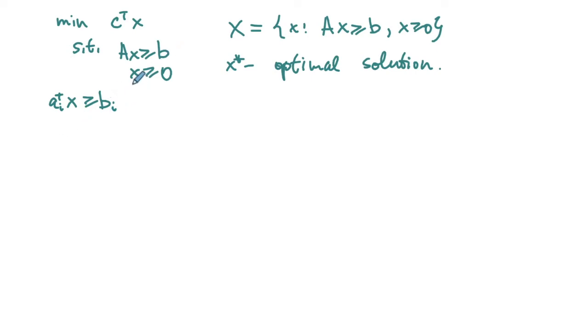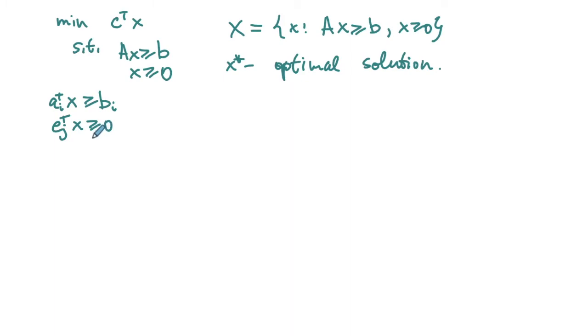And then an inequality corresponding to non-negativity can be described as e_j transposed x is greater than or equal to 0, where e_j is the vector that contains 1 as the jth entry and the rest of the entries are equal to 0. So essentially this is the same as to say that x_j is greater than or equal to